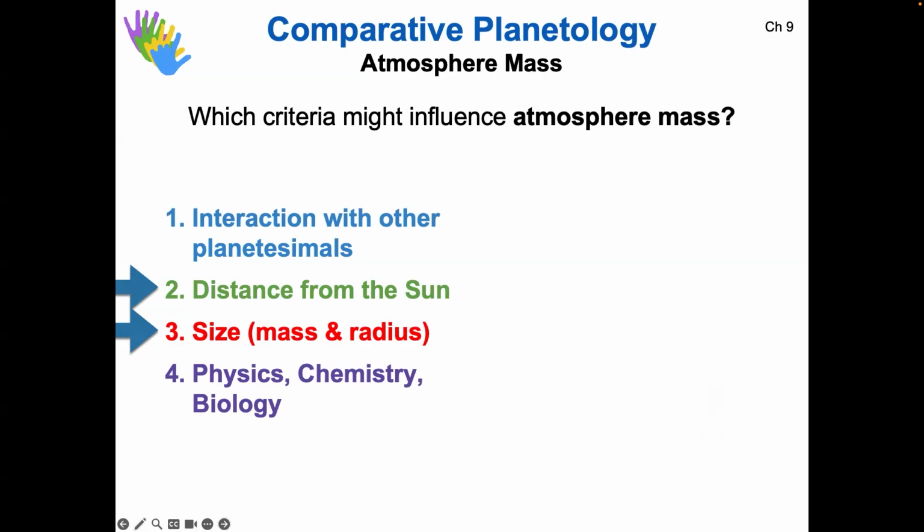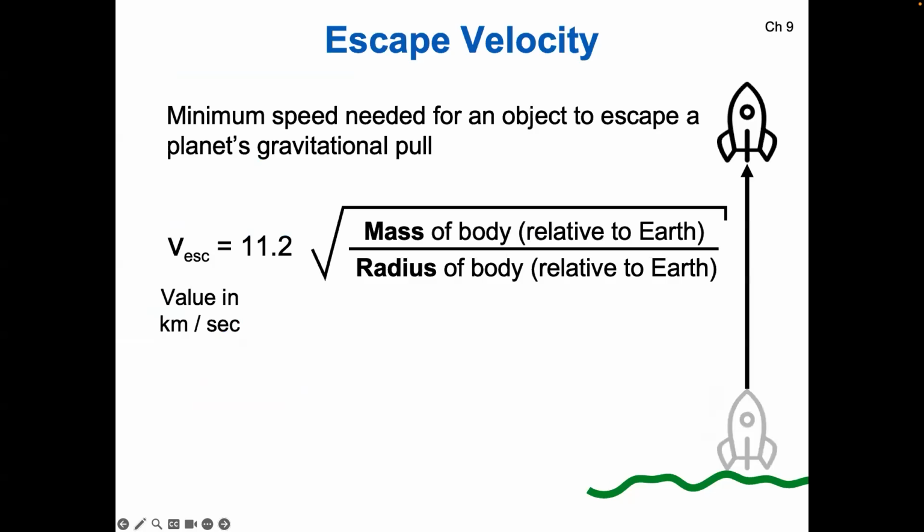But the ones that really matter are the distance from the sun, because those solar particles that we were discussing last week can really affect your atmosphere. And the second is the size, for reasons that we're about to go into, which have to do with something called escape velocity. So escape velocity is the minimum speed you need for an object to escape a planet's gravitational